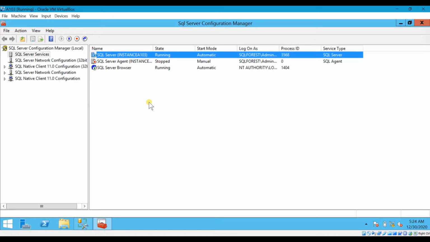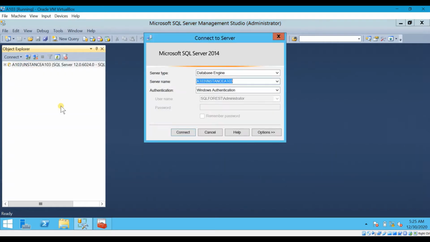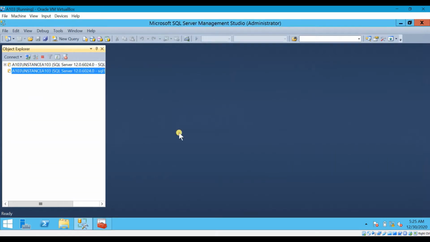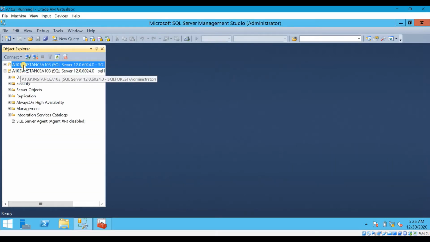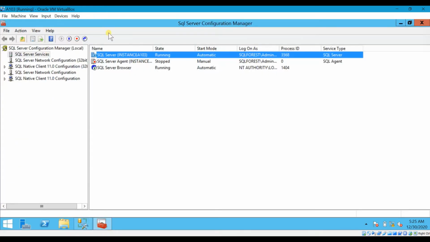So this is my SQL Server Configuration Manager. The instance is instance A103. But before that, let me show you the Management Studio. So I have connected as one user, using Windows authentication. Let me connect to the same instance using SQL Server authentication, and the username is SQL1. The same user has sysadmin access. So now I am able to connect to this server using two logins, because at present I was operating SQL Server in multi-user mode.